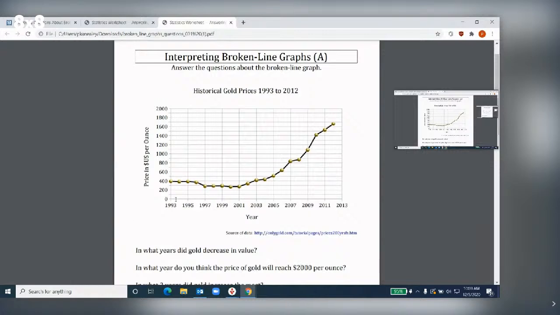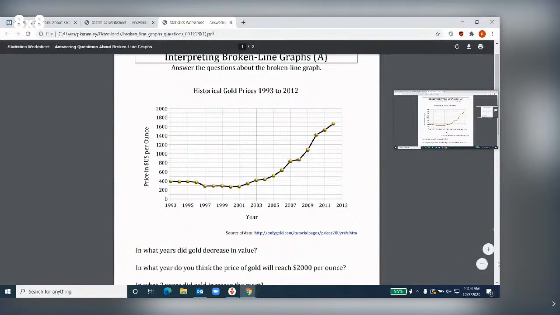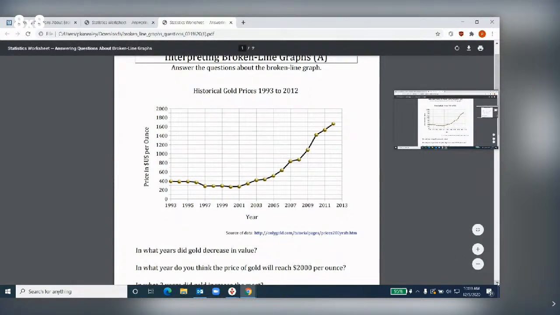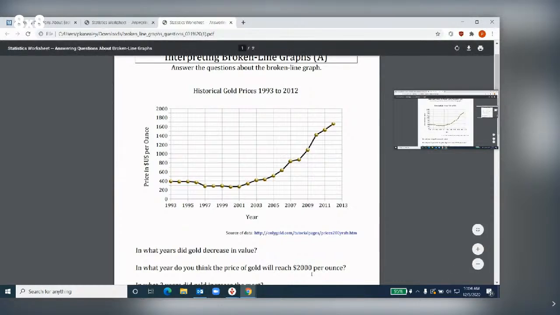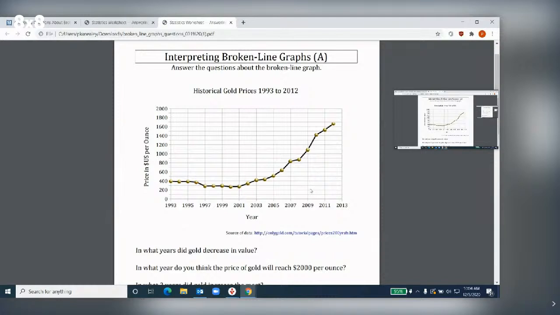Okay, so this is how much gold basically is. On the axis we have 0, 200, 400, 600, 800, 1,000, 1,200, 1,400, 1,600, 1,800, $2,000 an ounce. So it starts at $400 an ounce in 1993. So what year do you think the price of gold will reach $2,000 per ounce? Oh, excuse me, I forgot that zero, I'm sorry. So you're going to look, so right here, if we look at